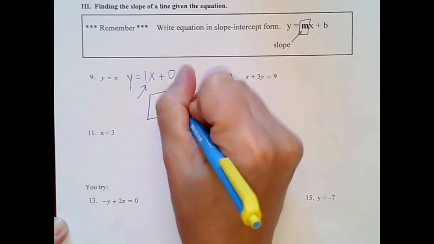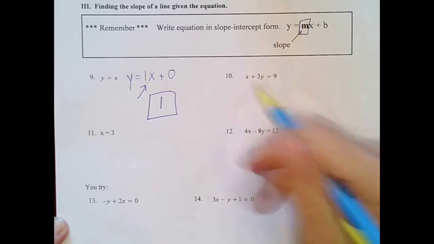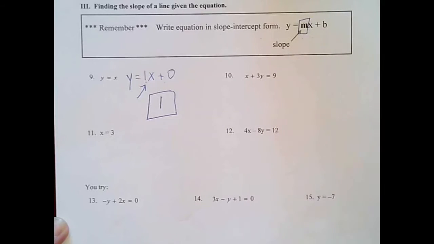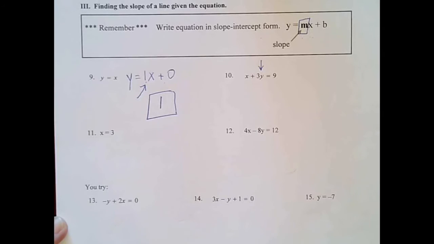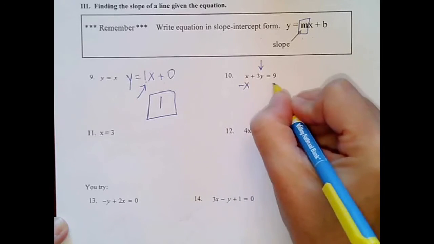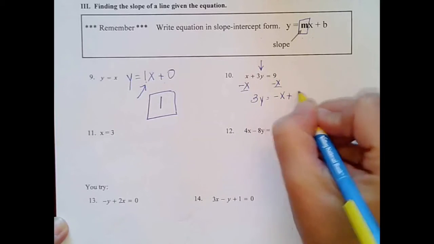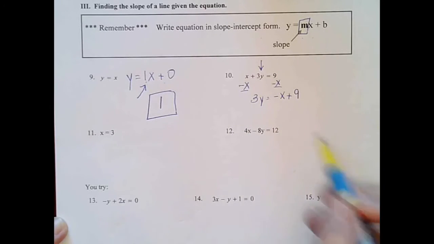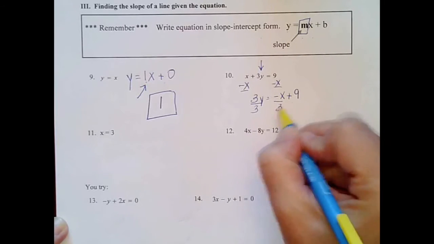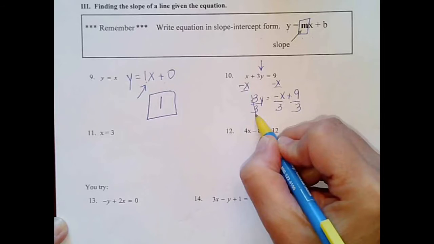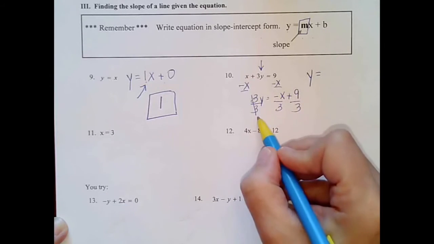As I look over here at number 10, I have a lot of work to do to make it look like y equals, right? So now what I'm going to do is I'm going to keep my y on the left side where it is. I have to move the x. Okay, so I moved my x. Now I have to get the y by itself, so I'm going to divide every term by the coefficient of y, which is 3. So now y is equal to, that cancels, y equals,